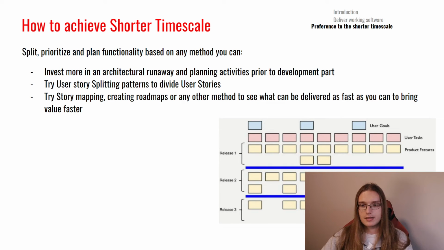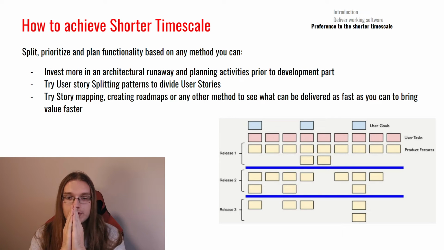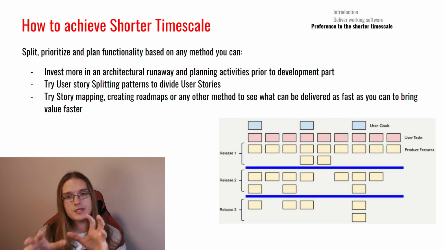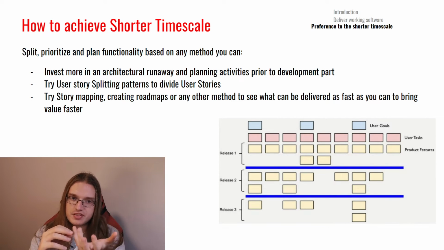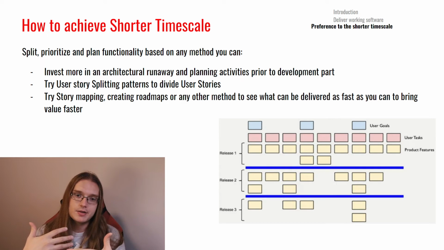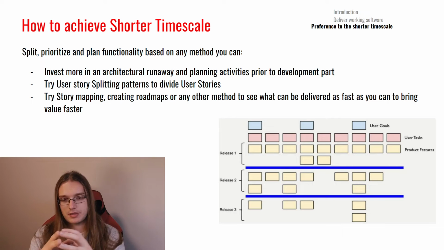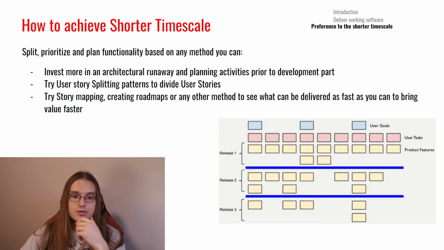But let me turn back. Basically, how to achieve shorter time scale. The Agile Manifesto in this specific principle doesn't say about it, but using the next principles, using the techniques from frameworks like Scrum, Kanban, etc., you can try to understand how to do it. Because, you know,